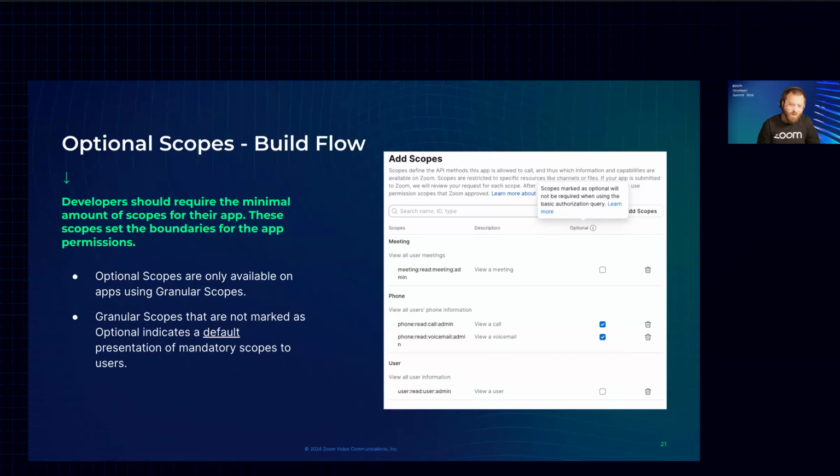So let's take a look at an example. Consider an example app that requires the following scopes. We have meeting read participants, meeting read meeting, meeting read call, and meeting read voicemail. So this is an app that services two products of the Zoom platform. Optional scopes